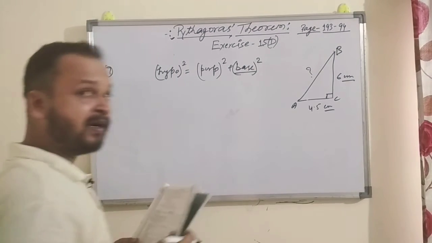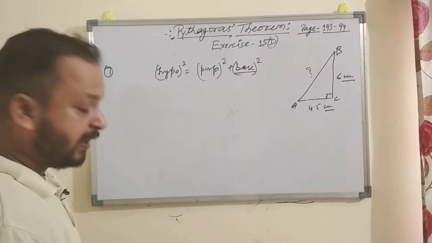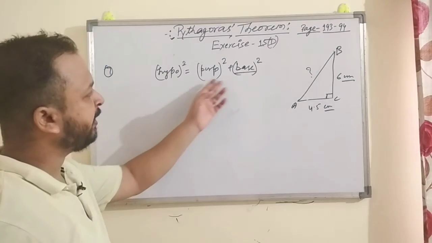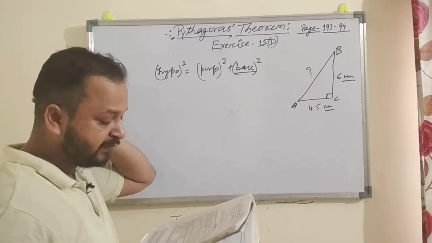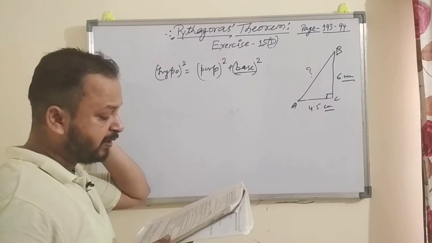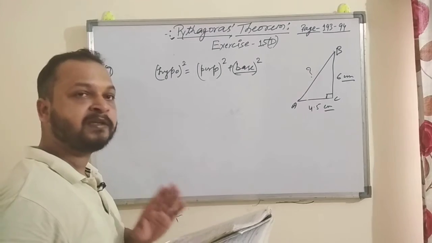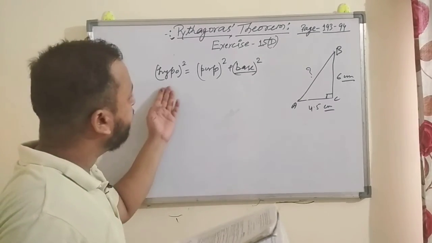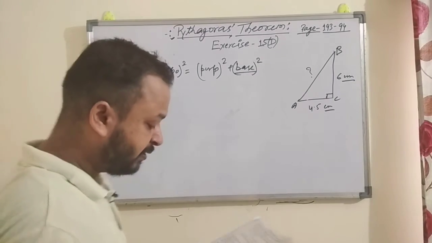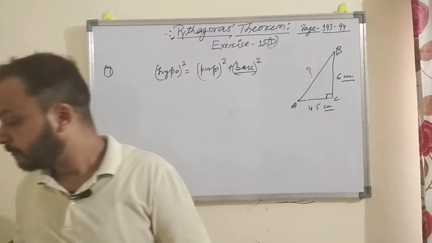So the longest side you have to take as hypotenuse, and the rest of the 2 sides just take as perpendicular and base, right? There is no restriction on taking perpendicular and base. But there is one restriction, that the longest side is equal to hypotenuse. So if LHS is equal to RHS, then they will become right angle triangles. So just do it by yourself, right?